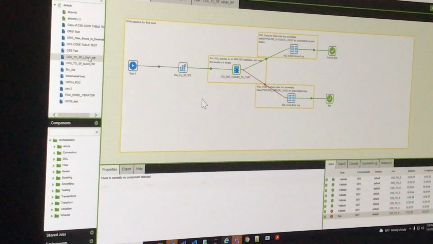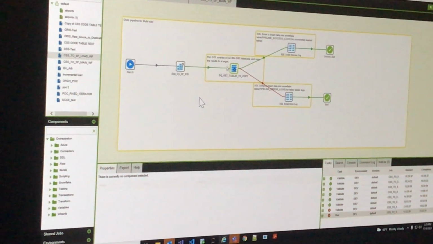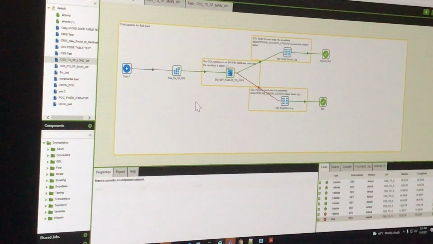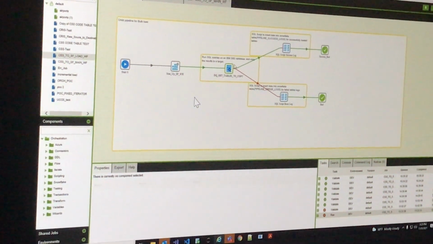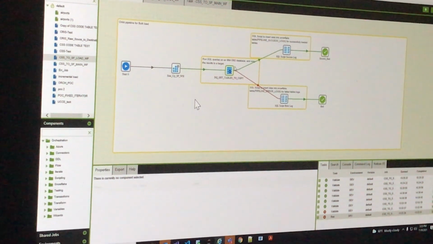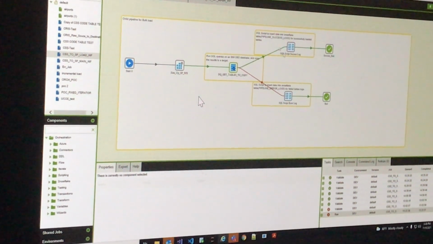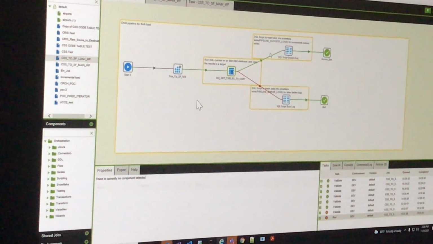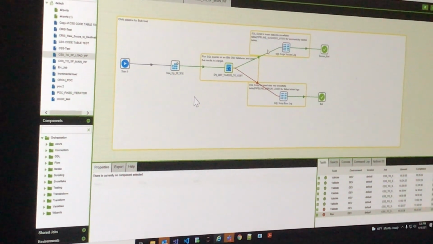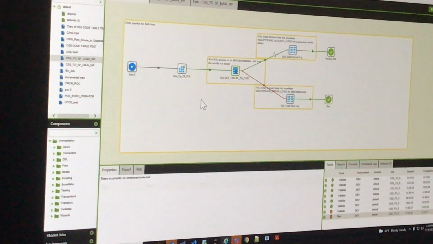Previously, I was putting the table iterator on this database query component. I tried the pipeline like that, but I was facing some issue. While my tables were failing, I was getting only a single message. If three tables were failing, I was getting only a single message in Snowflake.